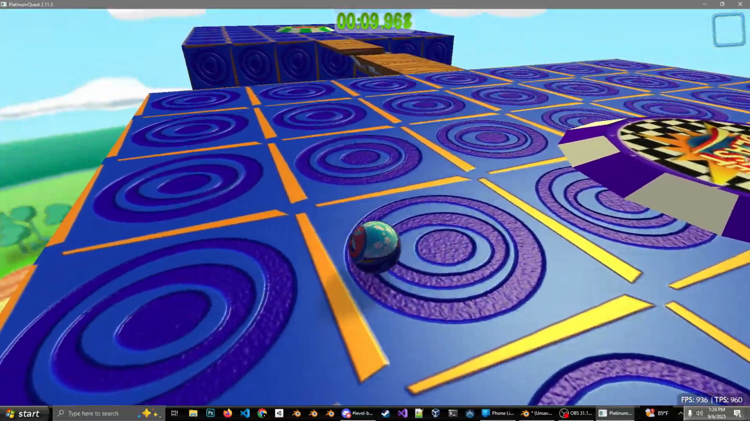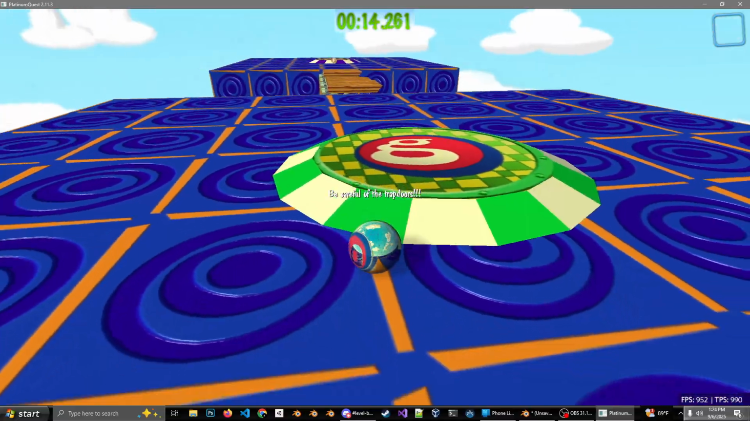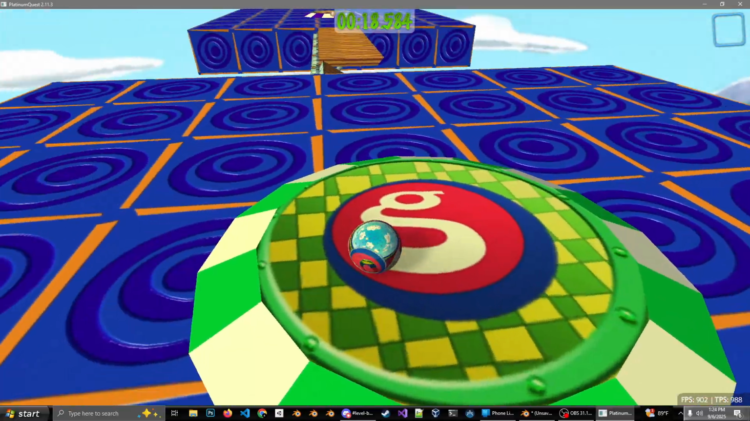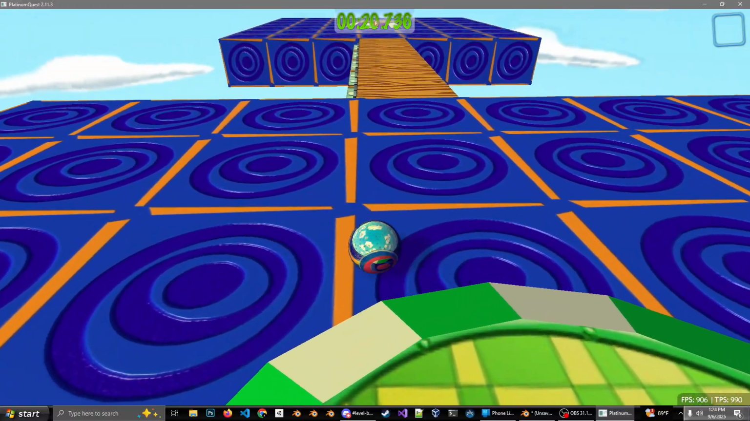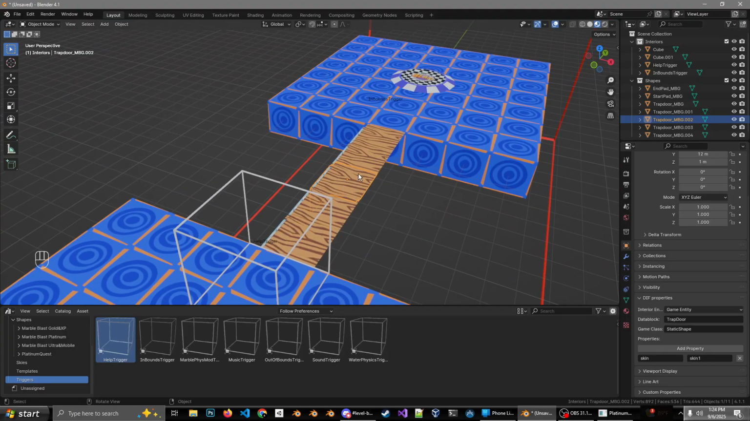And there is one thing worth mentioning. If you use this to put shapes in your level, it will not take rotation into consideration. So let me pause the game and go back to Blender. What I mean by that is if you do this,